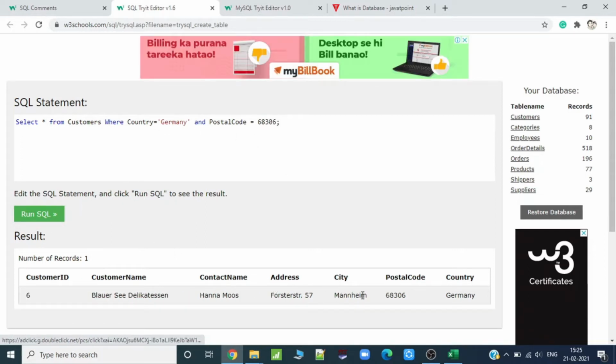Now if you see, it will give me a single record because these conditions are fulfilled by only one row. If I want either it's Germany or the postal code is 68306, I would just use OR. OR means either this condition is fulfilled or that condition is fulfilled.